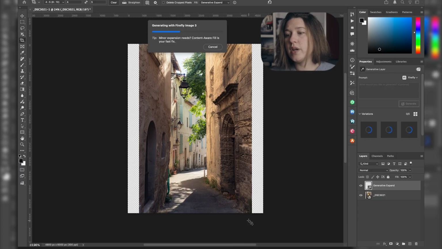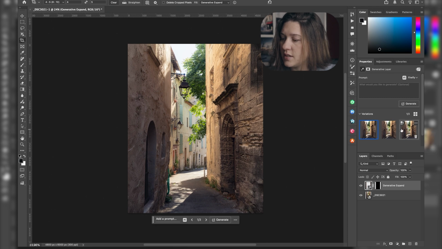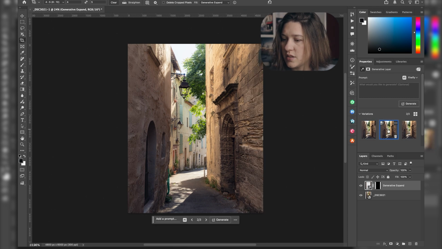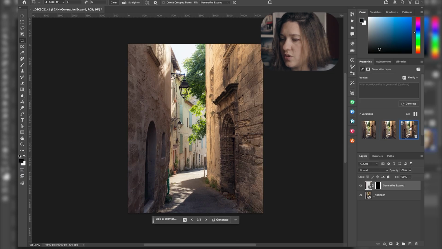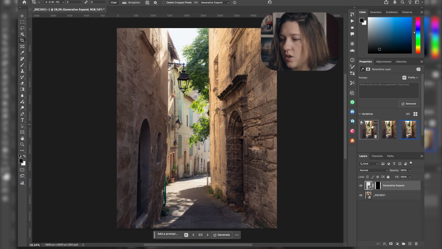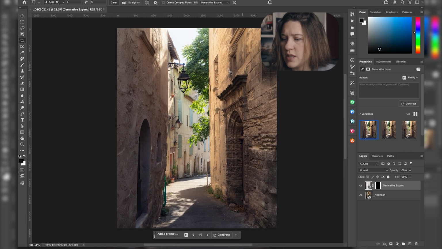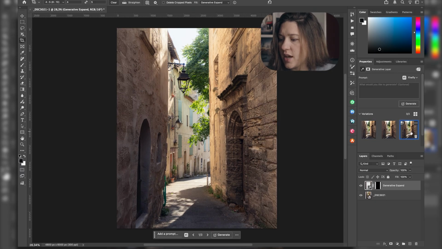I'm going to have to wait a little bit and it's going to generate something. So here you can see it gave me 3 different options. So that's option 1, option 2, and option 3. In this case, I think option 3 is the best. Now option 1 was really not working at all. It created something weird on the side. So yeah, here I would